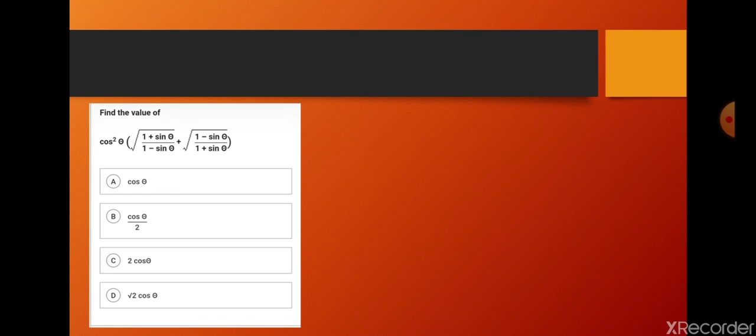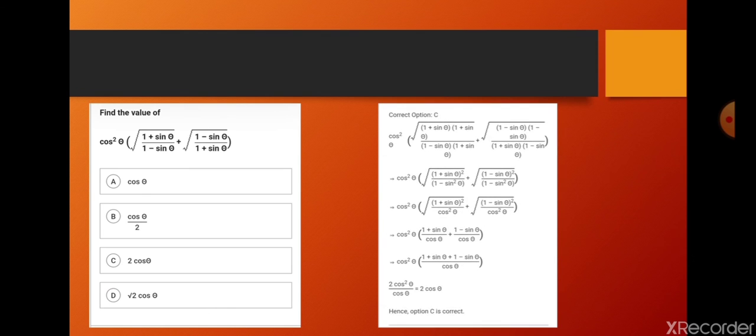Find the value of cos square theta into root of (1 plus sin theta divided by 1 minus sin theta) plus root of (1 minus sin theta divided by 1 plus sin theta). Option A cos theta, option B cos theta by 2, option C 2 cos theta, option D root 2 cos theta. The correct option is C, because cos square theta into root of (1 plus sin theta divided by 1 minus sin theta)